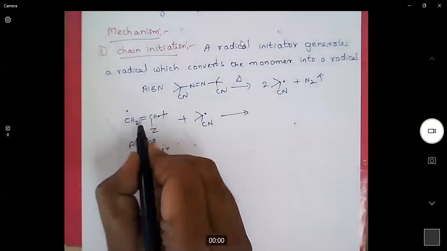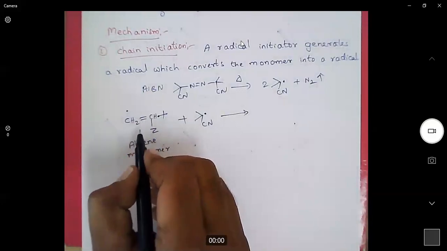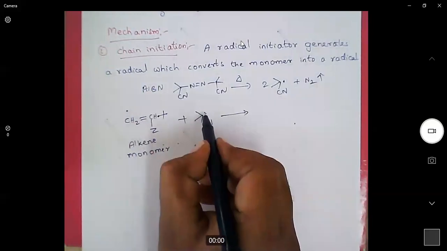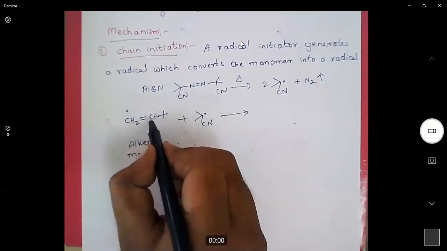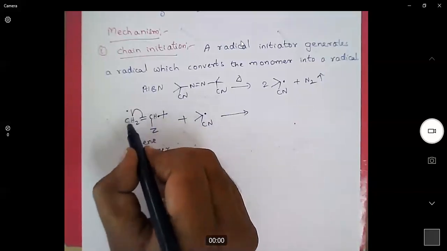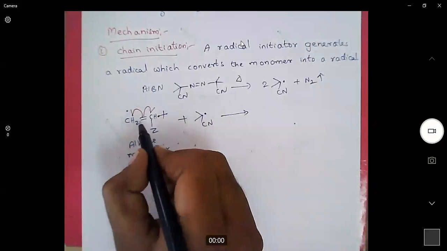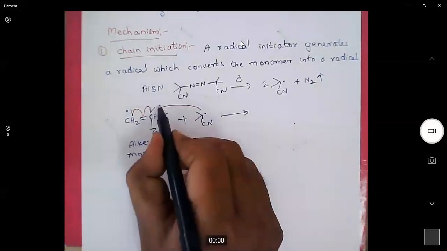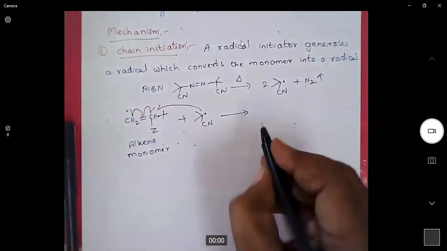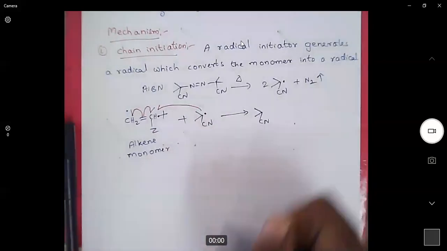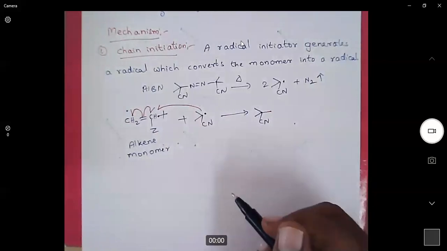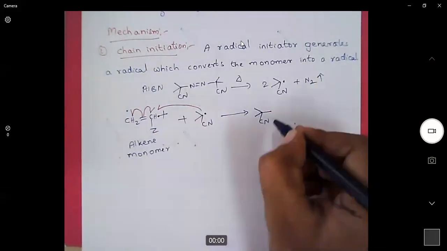In an alkene we have a carbon carbon double bond, that is a pi bond. So a pi bond can easily interact with radicals. So here this radical will interact with this carbon. Now the pi bond will break down to give one radical on each carbon. Then this radical will form a bond with one of the carbons. So as a result, what happens? One side, this radical reagent forms a bond with